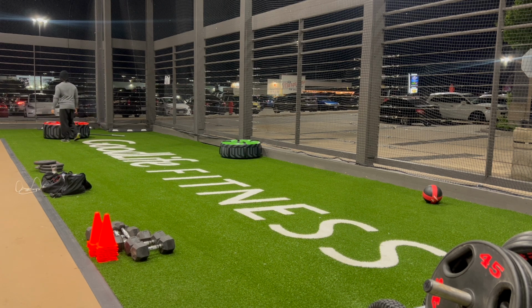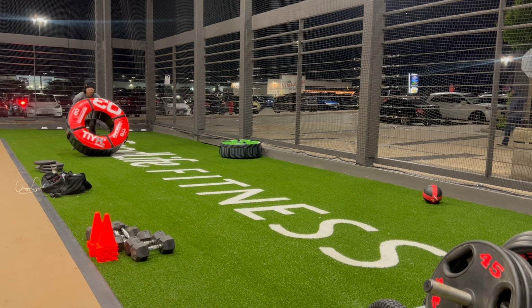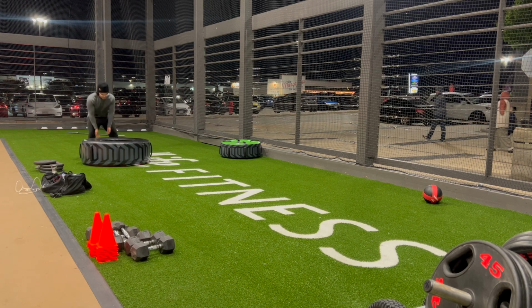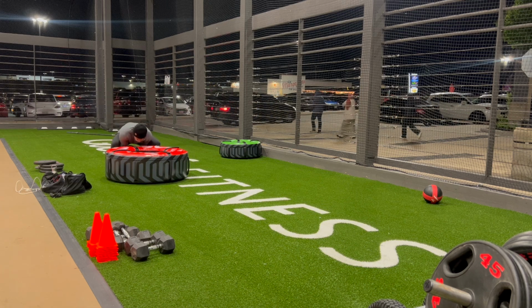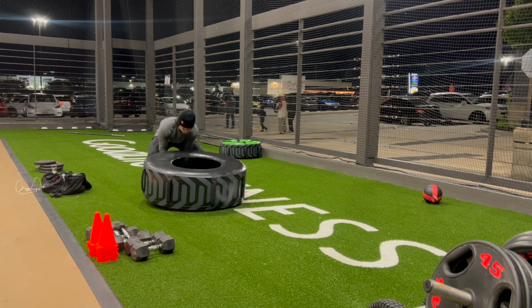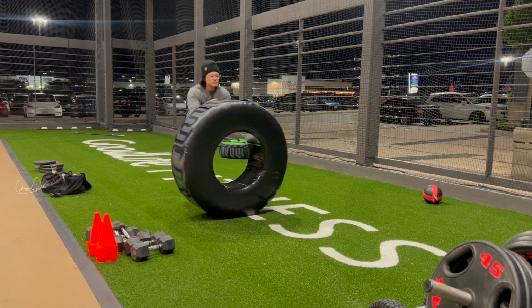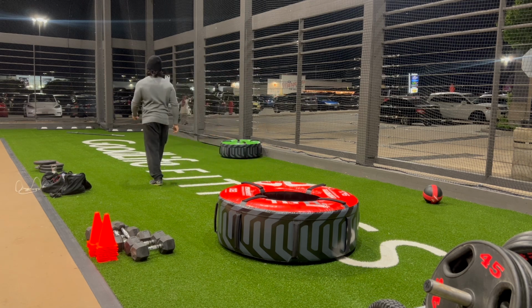With a tire flip, I wonder, does it really have to be a tire? Why not just some sort of solid big block of whatever? I think it doesn't necessarily have to be a tire. You could literally flip anything and get the same stimulus, but for whatever reason, the first person to ever do it probably did it on a tire, and then everyone has chosen to do it on a tire. Anyway,